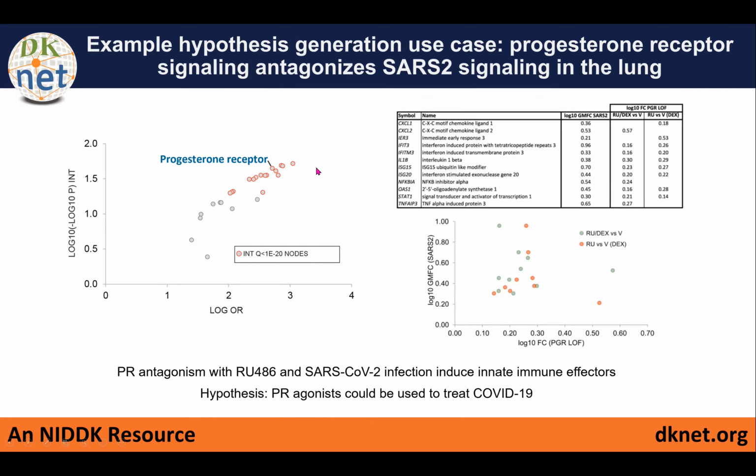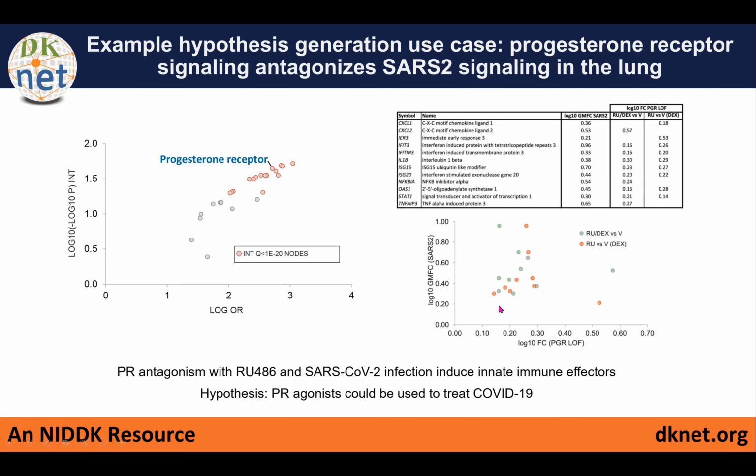So this is nice, right? But what new insights can we gain from this? And so I'm just going to focus down on one of these here. There are multiple ones that I could discuss here, but I will focus down on one which involves HCTs for the progesterone receptor. What we found was that there was this very nice, robust, high confidence footprint for PR among SARS-2